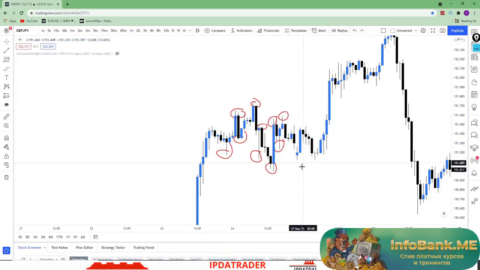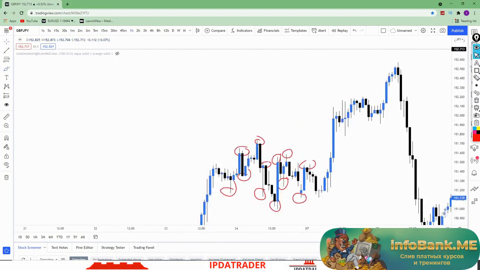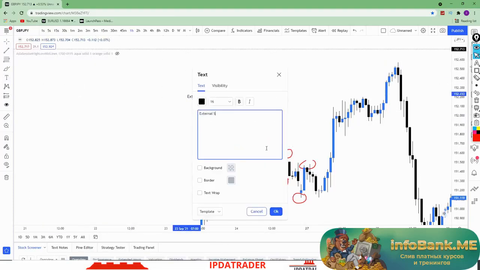And this really can get very confusing, right? Do not worry, I'm going to be drawing this out in the drawing tool so that you can get a better understanding. But what I want you to understand for now is that you need to differentiate between the external structure, which is going to be your structure points, just like I was discussing in the previous videos, and your internal structure,